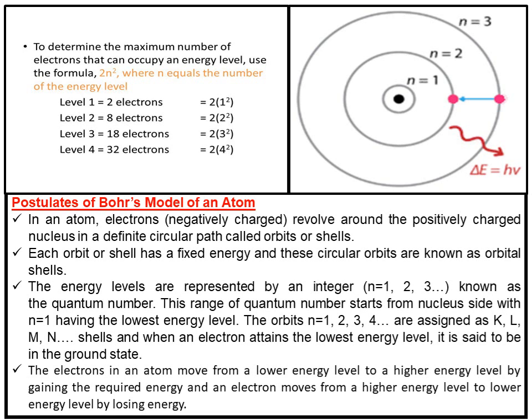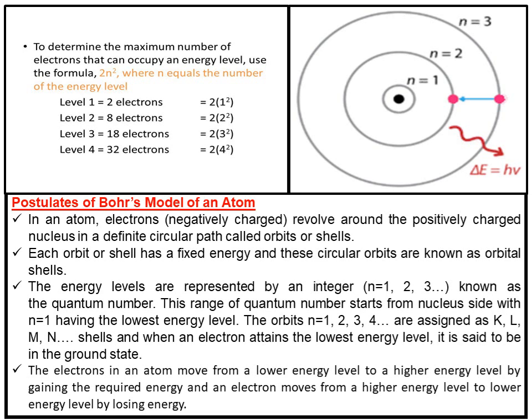When n is equal to 3, that is the M shell, 2 into 3 square is equal to 18 electrons. When n is equal to 4, that is the N shell, 2 into 4 square is